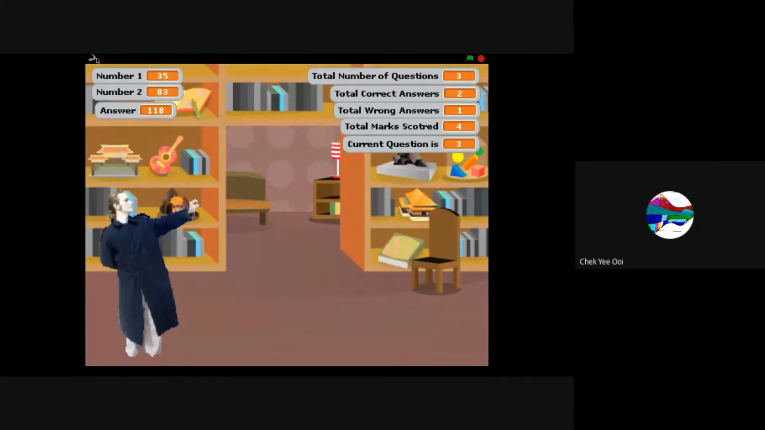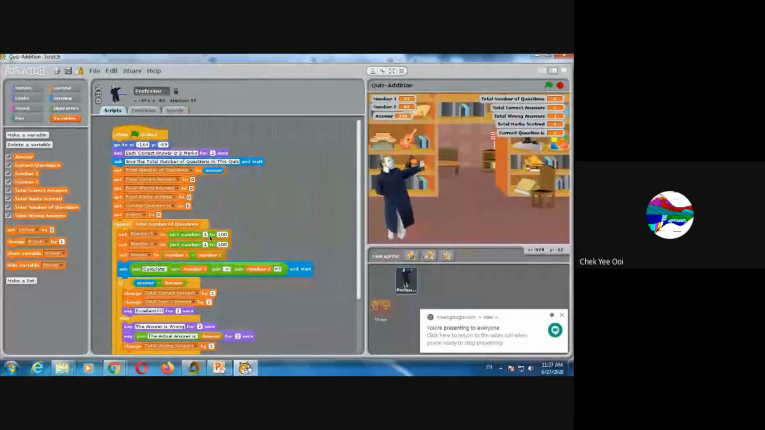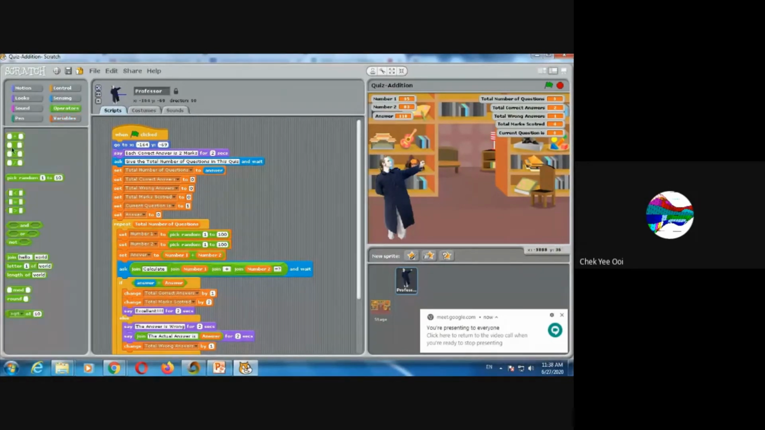Now I want to teach you one more thing. So this one is addition. How do we want to let it do subtraction? To do subtraction, either we change this one using this operator, in here, change this one and change this one, or